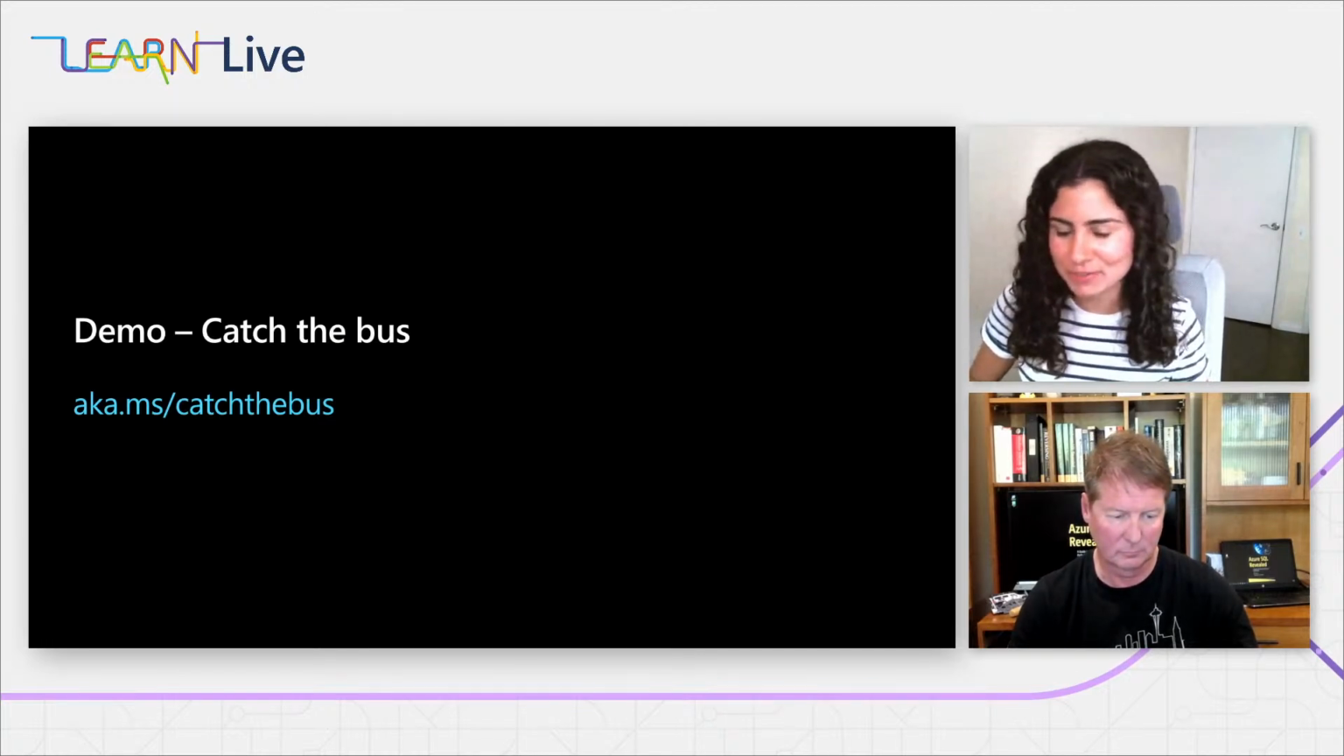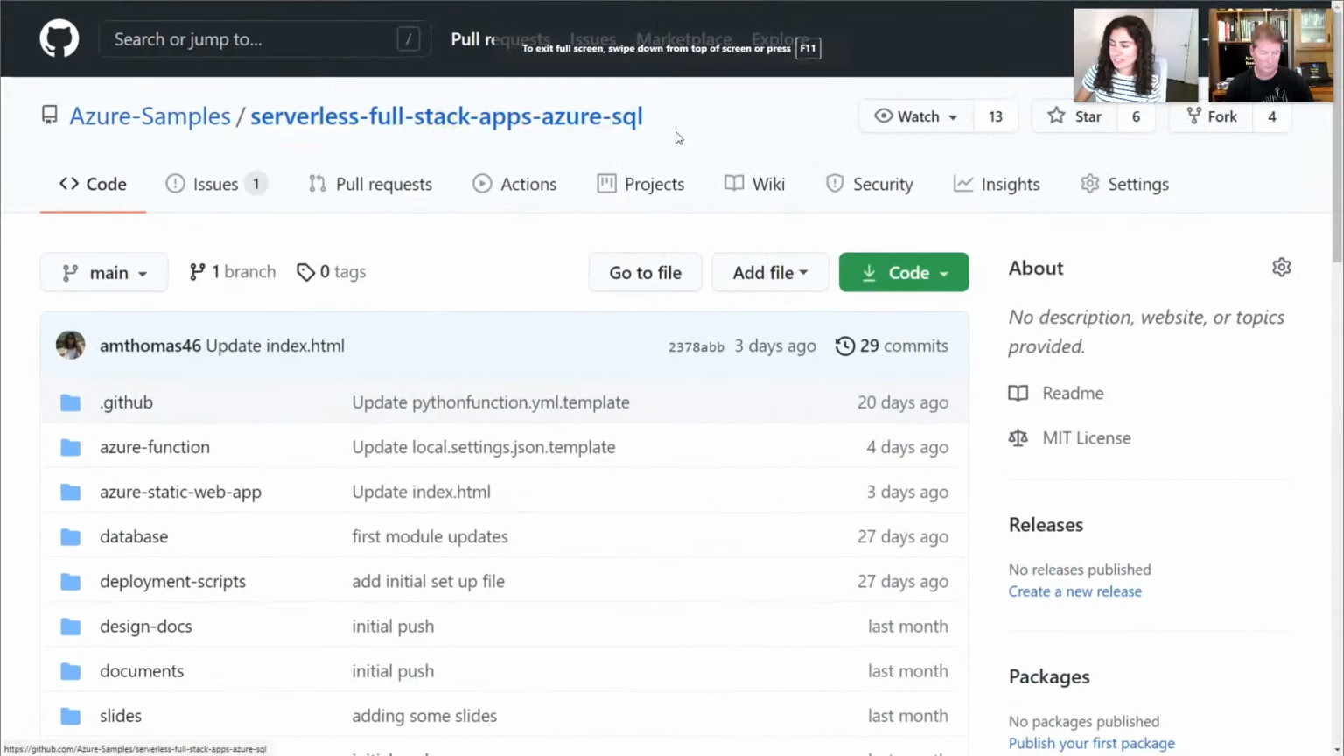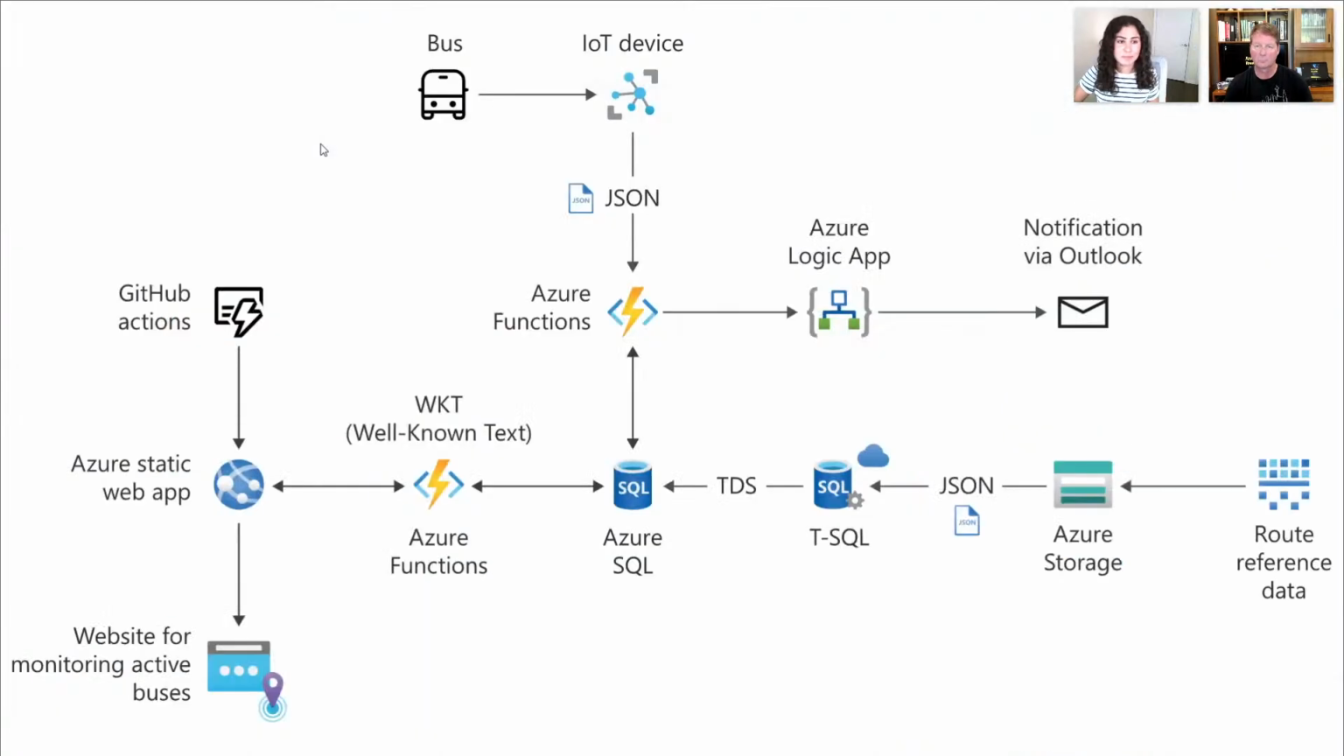So let me just switch over to that quickly. What you're seeing here is the sample. This is live today. I put the link in the slide, which I'll go back to. But basically the idea of this application was to build a serverless full stack application where we just happen to leverage Azure SQL. So we're going to be collecting real-time data from an IoT device